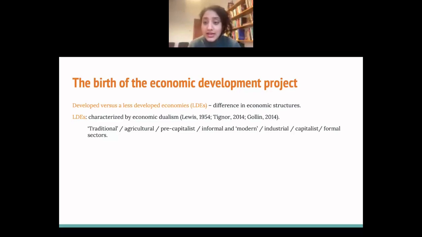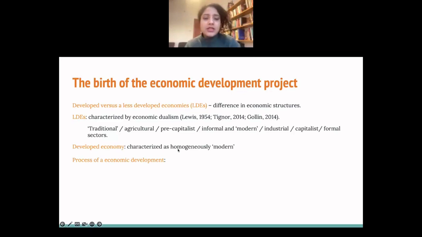Whereas the modern industrial capitalist formal sectors are, I'm using these terms synonymously. We will get into differentiating some of these, but for now, we can use them synonymously for the purpose that I'm using it for right now. The second set is seen to be more productive, technologically advanced, and profit driven. Now, on the other hand, a developed economy was seen to be homogeneously modern, that this dual economic